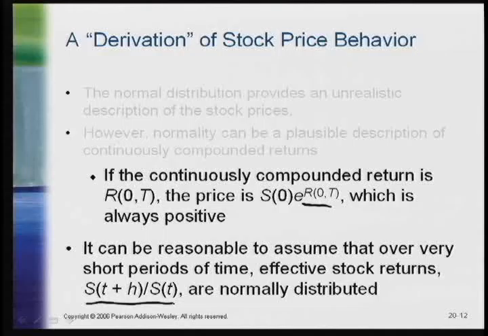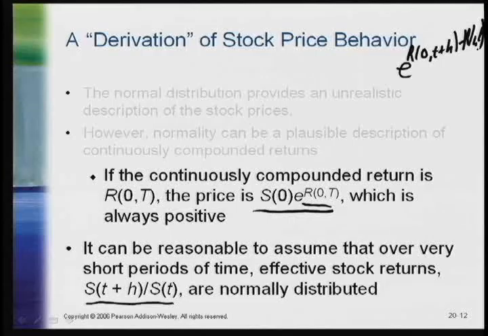Well, if we make this assumption that this is what S of t is, then this ratio can be expressed as e to the R of 0, t plus h minus R of 0t. And if I write that a little more neatly in the middle of the page, this ratio, let's call it St plus h divided by St, will be equal to e to the R, let's just call it t plus h,